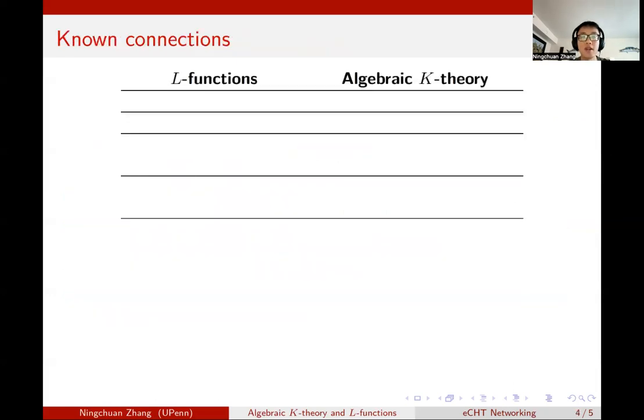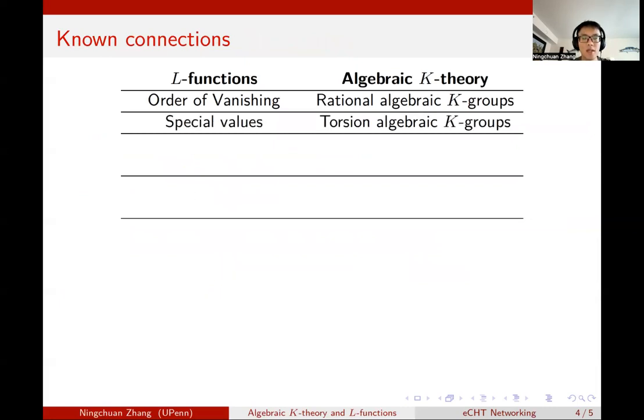Now let me tell you some known connections between the two sides. L-functions are complex analytic functions, so it is a natural question to ask what the orders of vanishing of those functions at their zero points are. And it turns out this corresponds to the dimension of rational algebraic K-groups. At certain points, L-functions may take values in algebraic numbers, and those special values correspond to the size of torsion subgroups of algebraic K-groups. We'll see in an example how those two connections work